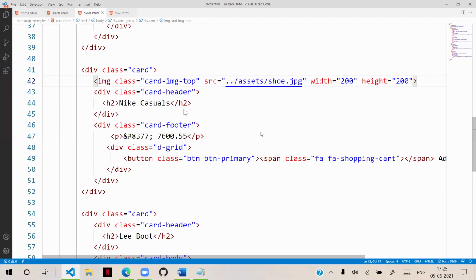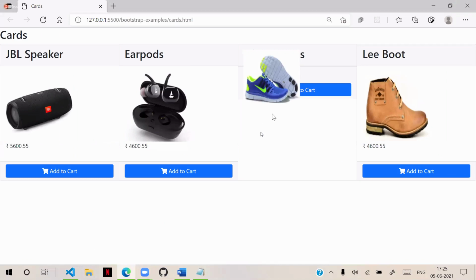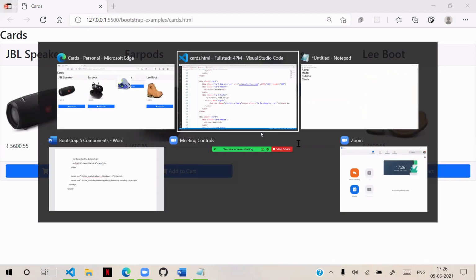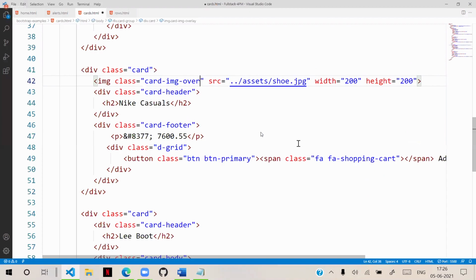Generally, card image has an option called overlay also. This overlay effect is nothing but it puts the image over the text. Over the text, already we know. In CSS, which option is used to keep something over all of them? Z index. We learned Z index, right? That is nothing but keeping it up. So for image top, you can give this.